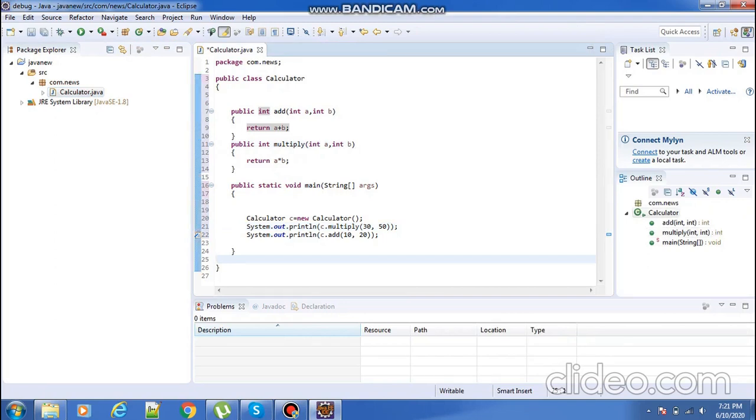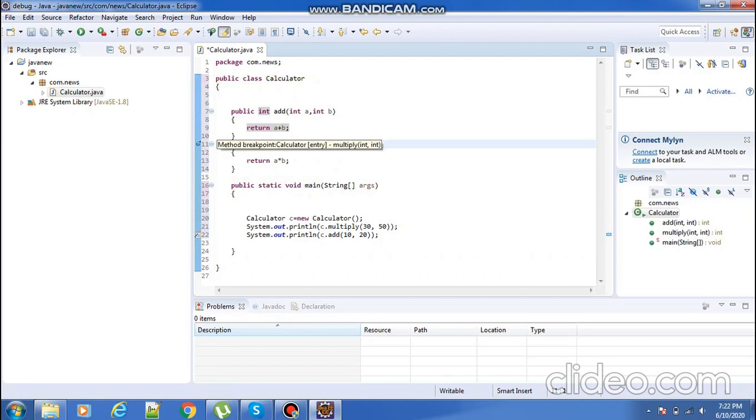Before debugging the program, we first have to set breakpoints. What is a breakpoint? It defines up to which line you want to check the code. For example, say you wrote 26 lines of code. You may not want to check all 26 lines at a time, but split your program and check it in parts. First I want to check my program up to the 11th line, so on the 11th line I have to set the breakpoint.